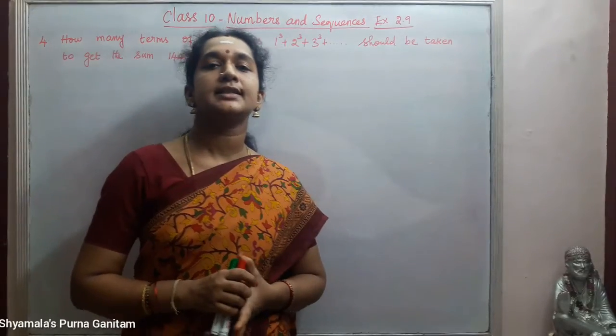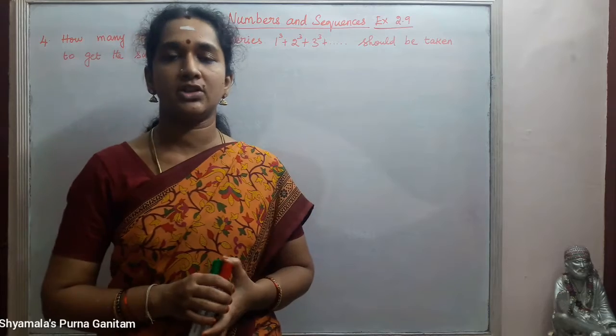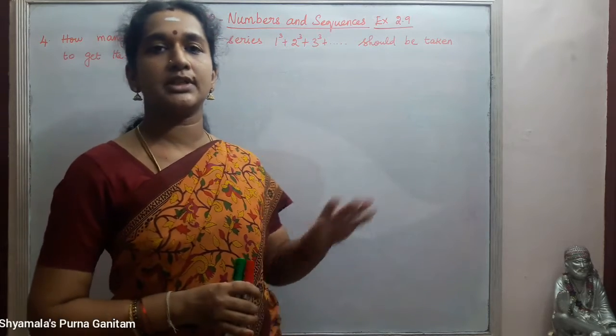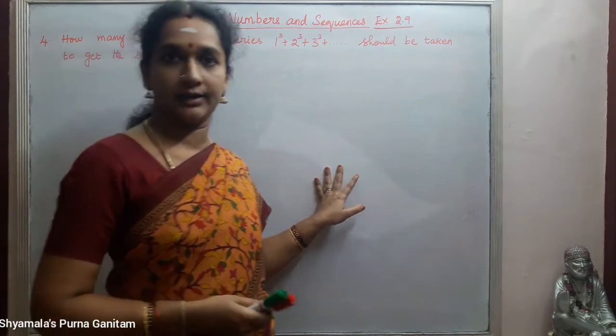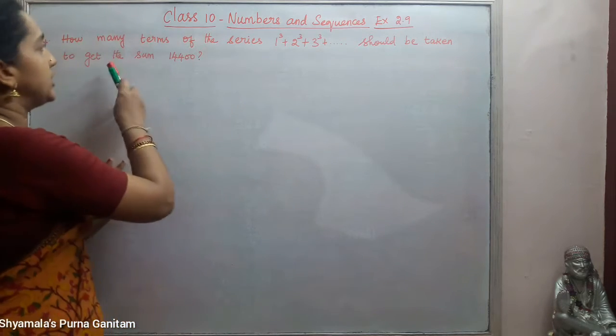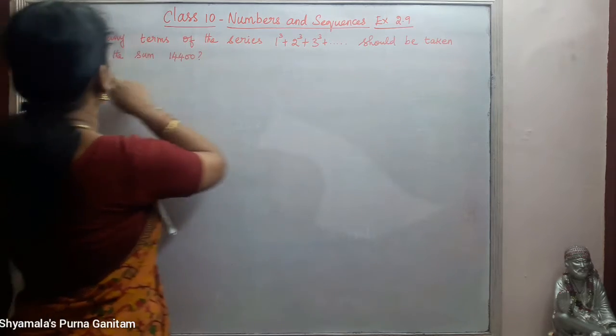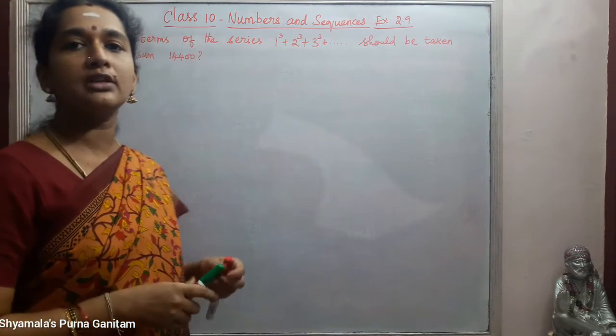Good morning students. In this class I will be doing class 10 Samacheer Kalvi syllabus or matriculation syllabus, numbers and sequences, exercise 2.9. We will continue with the fourth sum. How many terms of the series 1 cube, 2 cube plus 3 cube should be taken to get the sum